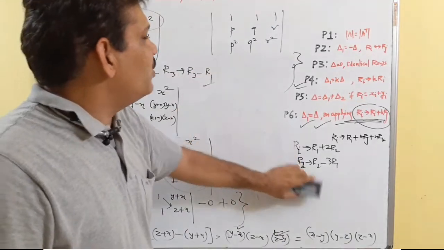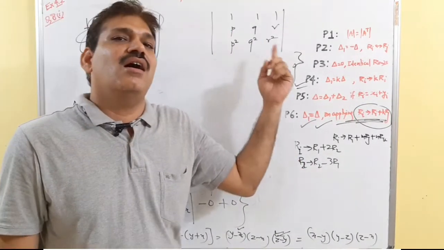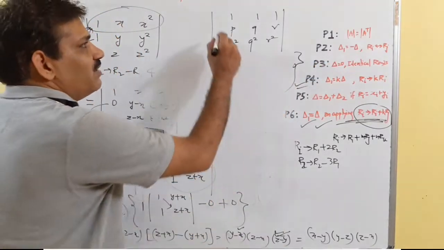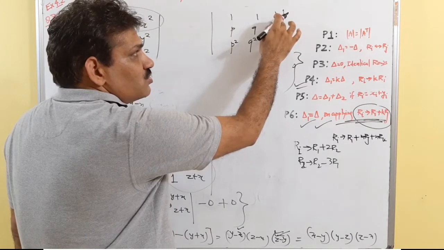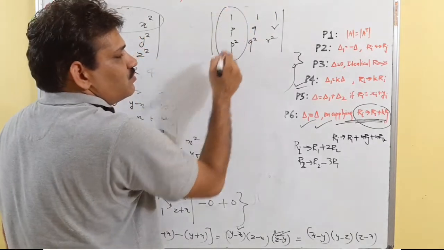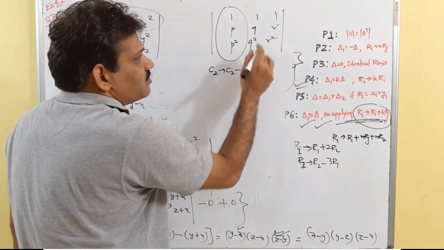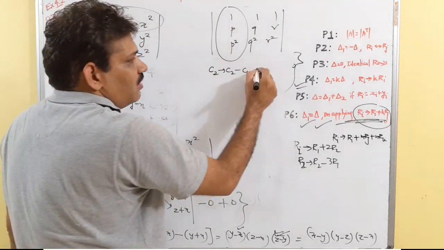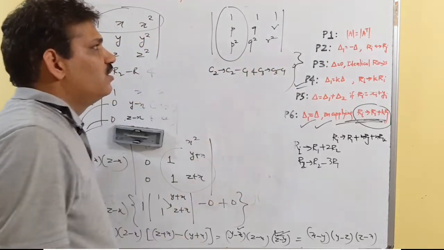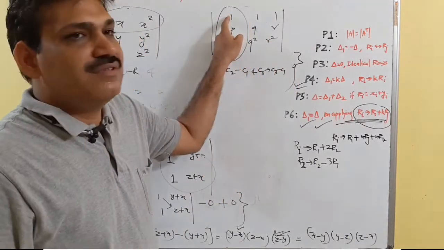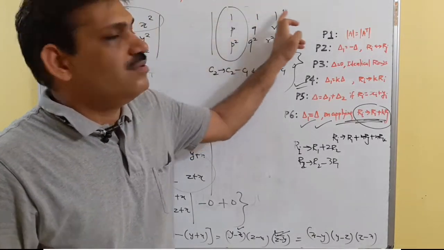Eventually we are going to get p minus q, q minus r, r minus p. How? We'll make 2 zeros. We have ones in this, so we fix this column this time. So we apply column 2 becomes column 2 minus column 1, so that we make 0 here, and column 3 becomes column 3 minus column 1, so that 1 minus 1 is 0 and 1 minus 1 is 0. Then we'll expand through the first row, 1 0 0.